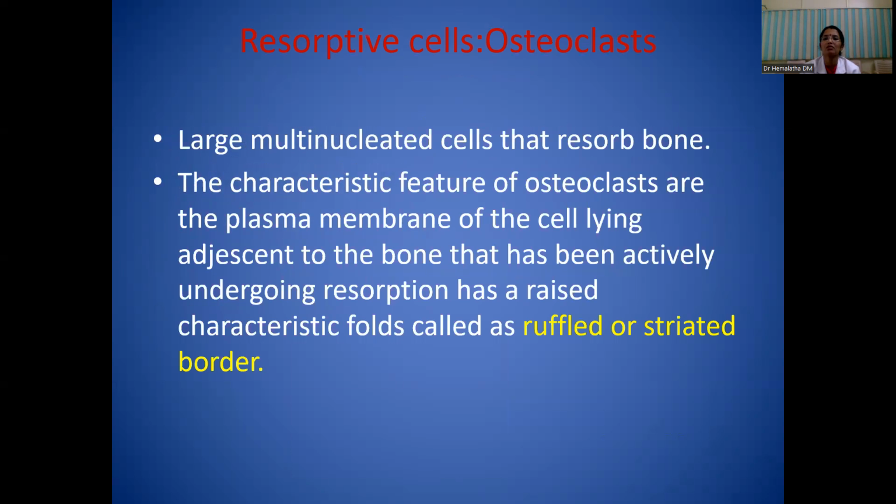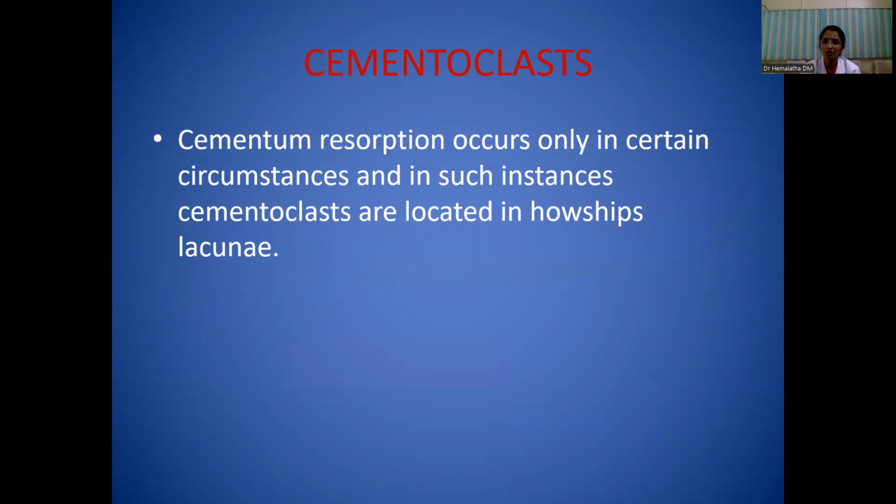The resorptive cells are the osteoclasts, which are large multinucleated cells that resorb the bone. The characteristic feature of osteoclasts is the plasma membrane of the cell lying adjacent to the bone that is actively undergoing resorption and has a raised characteristic border called the ruffled or striated border. The cementoclasts resorb cementum; resorption occurs only in certain circumstances, and in such instances, the cementoclasts are located